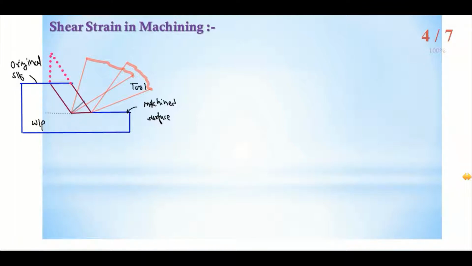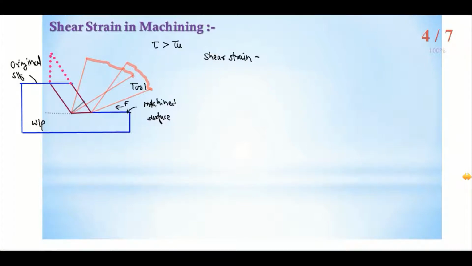So we are applying the force by using this cutting tool. This force, when we apply, induces shear stresses. If that shear stress is greater than the ultimate shear stress, then chip formation takes place and the shear is taking place at the shear plane. Now this shear strain we are getting,